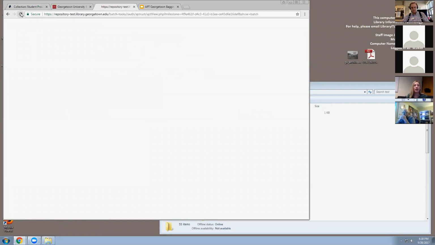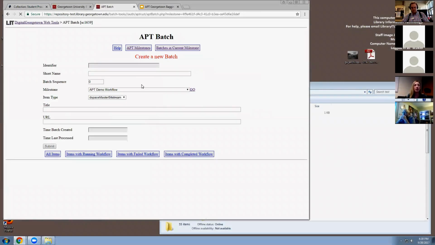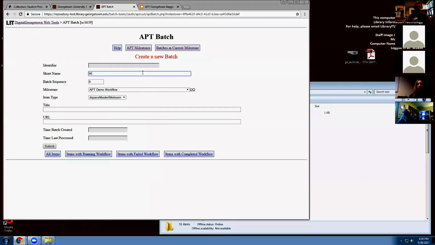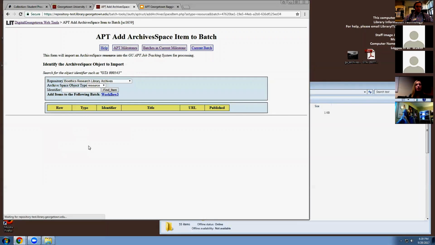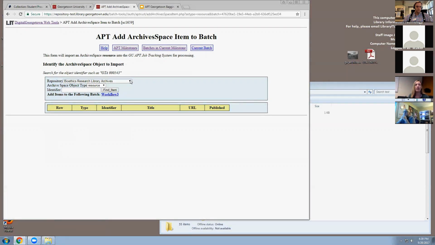So I will click New Batch here. And again, just call it Workflow 3 this time. In the drop-down menu, I have the option to select ArchivesSpace collection. So I will click Add Items from ArchivesSpace Resource. Within this screen, we need to select our repository.